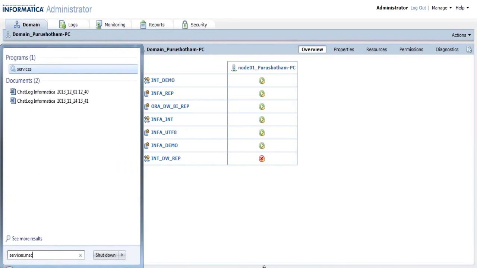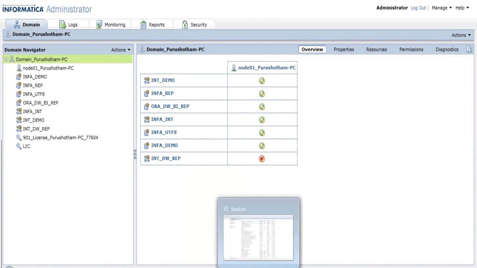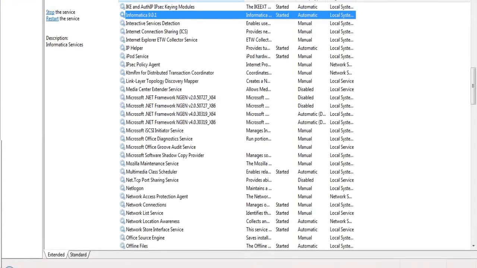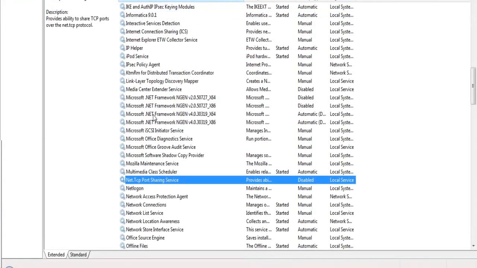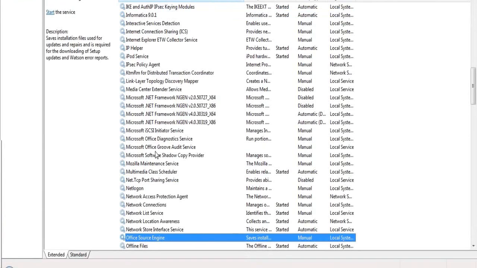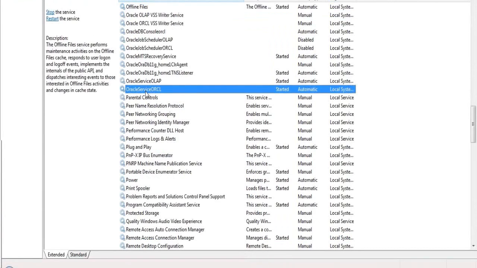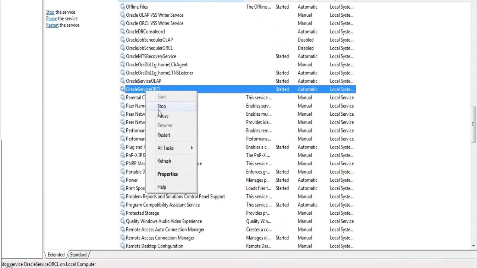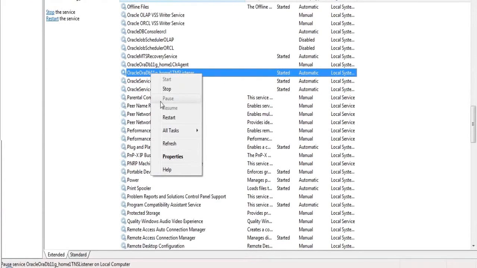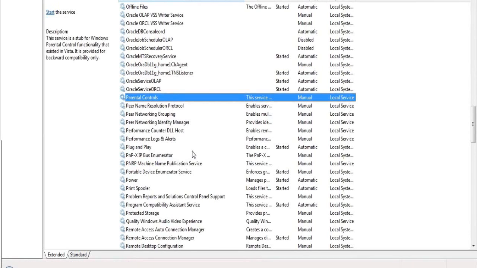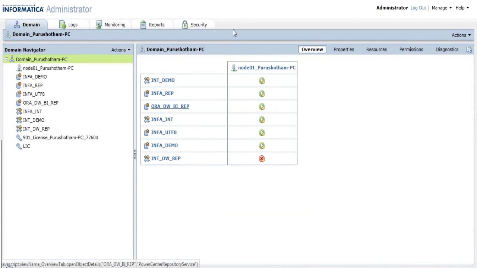When you type that, it will open up this screen, and everything is available here. Whatever service there is, let's say you have an Oracle service, just right click, select it, and start. So you need to start the services. Got it? So you need to start that.